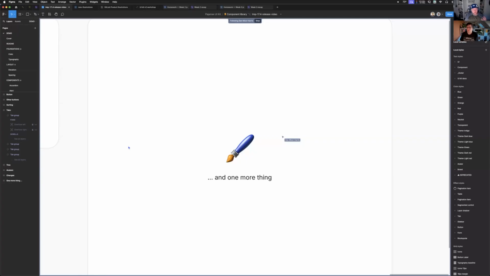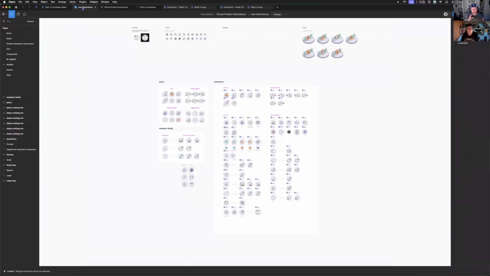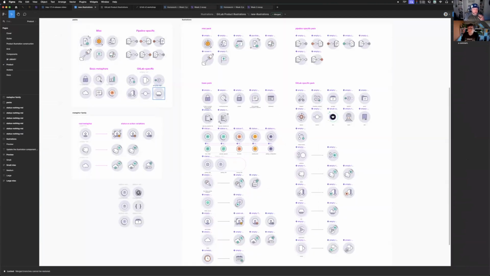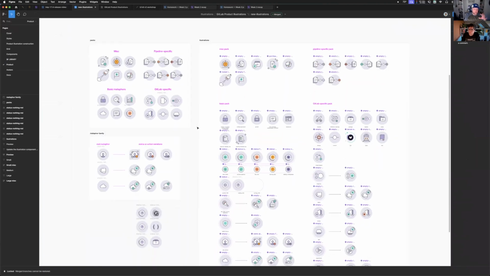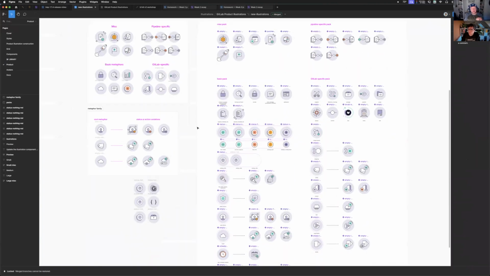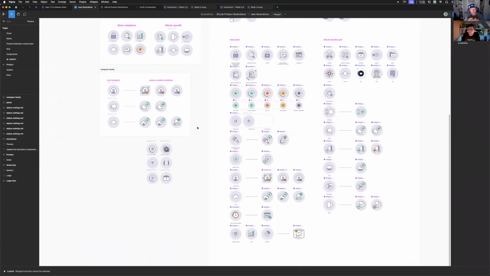All right, thanks, Dan. So one more thing, just as you go through the release notes, pay attention to icon updates and illustration updates. I really want to emphasize the illustration updates. Julia has been doing a phenomenal job of reorganizing our illustrations. She went through a process of organizing them by concept, by packs, by metaphor family, and as part of that, a lot of illustrations, you might come to it and say, I really just need something out of the box to